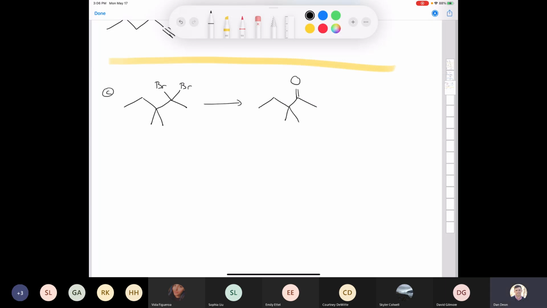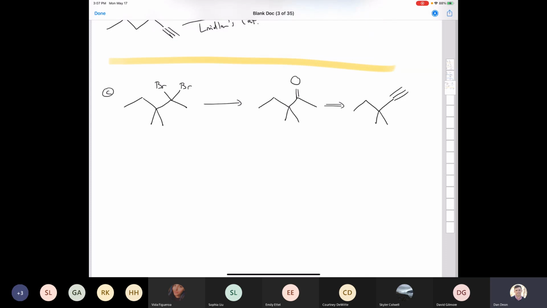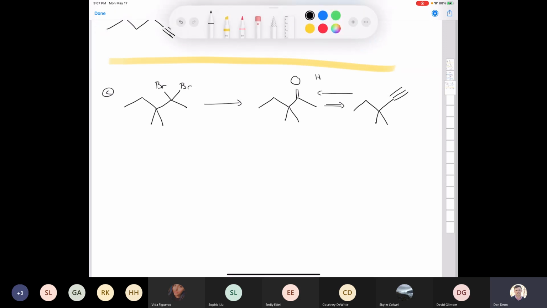Now, when did we ever see methyl ketones in organic chemistry 1? The only option that we have is we would have to have this alkyne at some point, and then we would take that and we would do a Markovnikov addition of water, wouldn't we? If we do a Markovnikov addition of water here, using mercuric sulfate, sulfuric acid, and water, that would produce an enol, which would tautomerize to give us the methyl ketone. Then the question becomes a little simpler. How do we go from the gem dimethyl to the alkyne? And the only way we have to do that is to treat it with